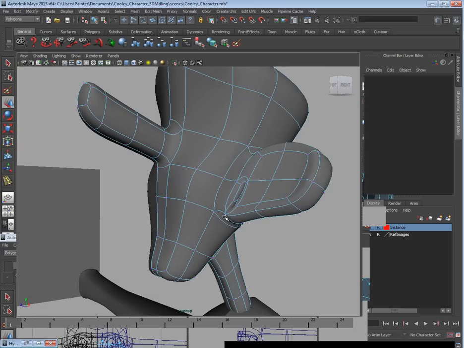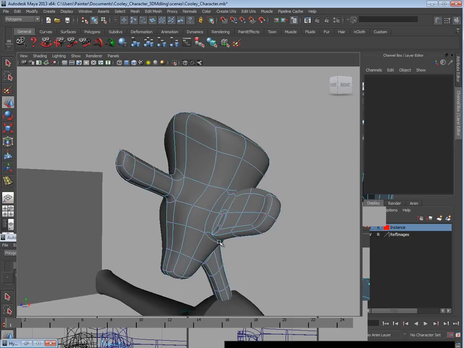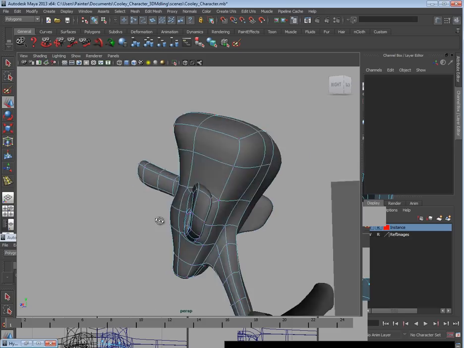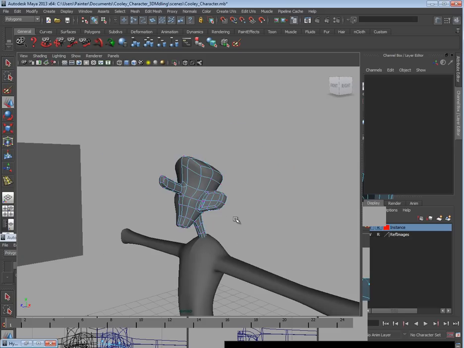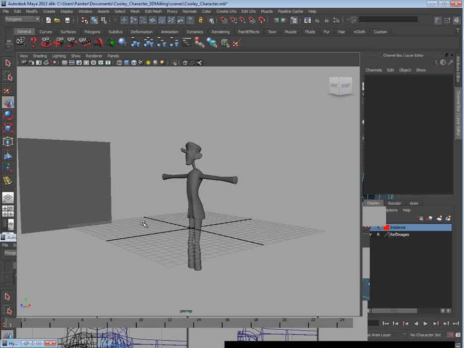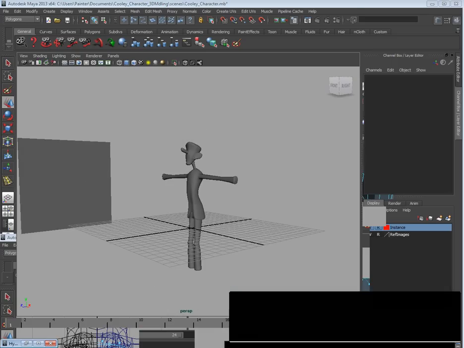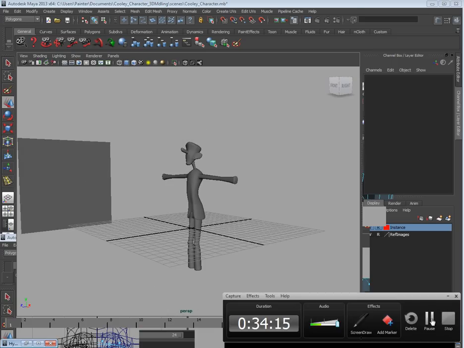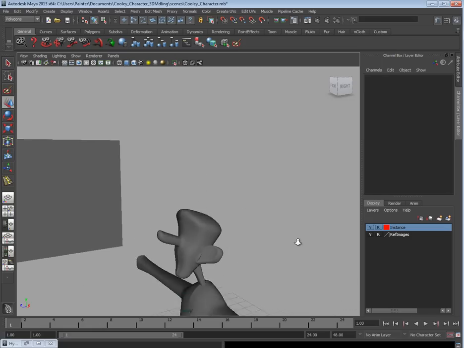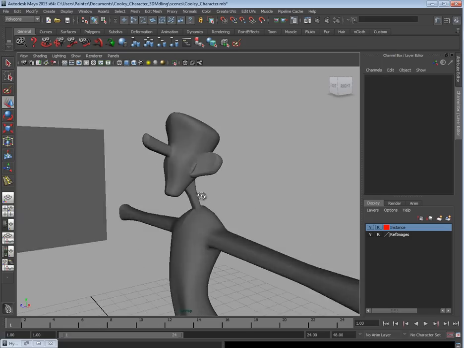Okay, so that's probably as much detail as I can get into the ear right now, but that's mainly because I don't have all of the other edge loops that I'm planning on putting onto this character. But again, not bad for, I don't know what, 20 minutes? Half hour? All right, so in a relatively short amount of time, I've really managed to block out the character